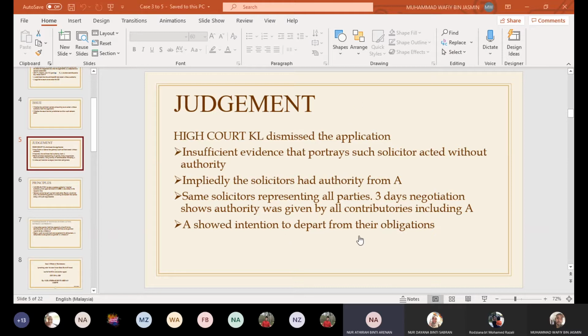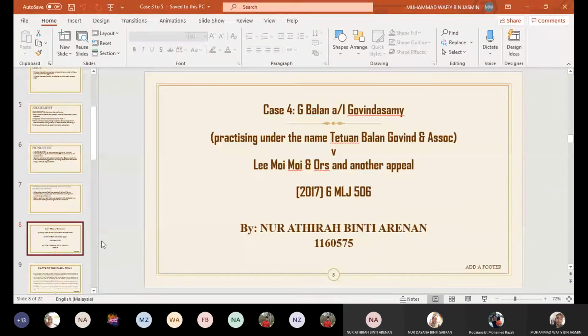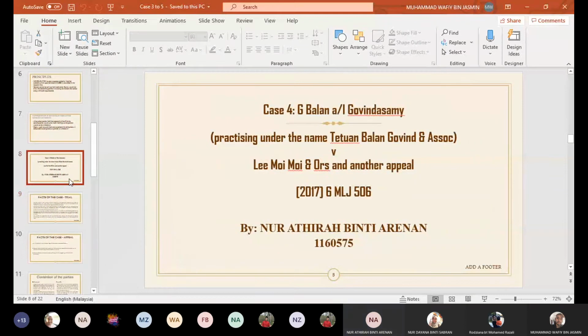But before that, Wafi, can you share this slide for the case? Okay, so this case is G. Balan anak lelaki Govindasamy and Lee Moy Moy and others, which is related to the warranty of